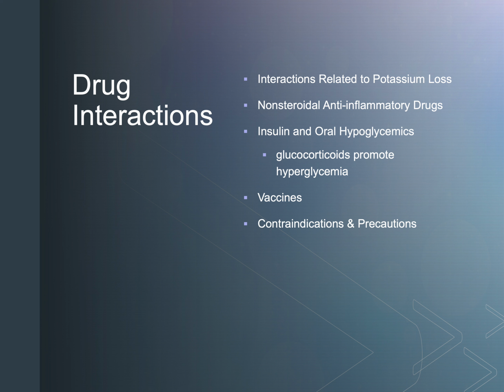For patients that are on insulin or any other type of oral hypoglycemic medications, you want to remember that glucocorticoids actually promote an increase of glucose in the serum, so hyperglycemia. So in order to maintain glycemic control with these patients, you may have to increase the doses of the glucose lowering drug. So if they're on insulin, you might have to increase their insulin. If they're on an oral hypoglycemic like metformin, you might have to increase their metformin until their glucocorticoid therapy is complete. You wouldn't want to